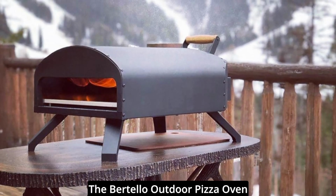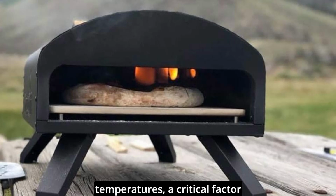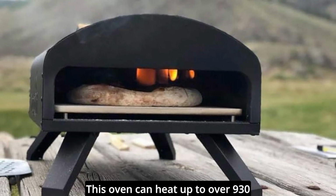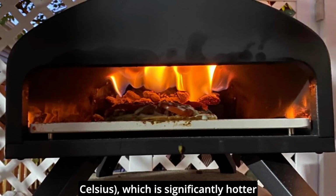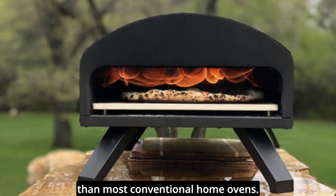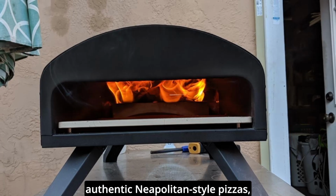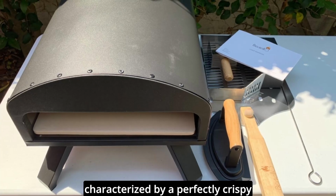The Bertello Outdoor Pizza Oven excels in its ability to reach high temperatures, a critical factor for achieving the perfect pizza. This oven can heat up to over 930 degrees Fahrenheit (500 degrees Celsius), which is significantly hotter than most conventional home ovens. This high temperature capability is essential for cooking authentic Neapolitan-style pizzas, characterized by a perfectly crispy crust